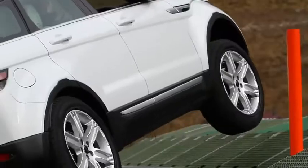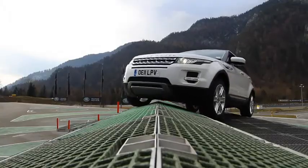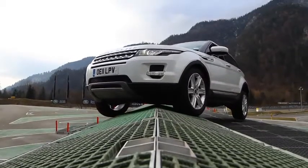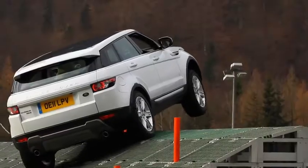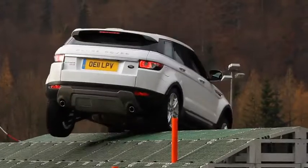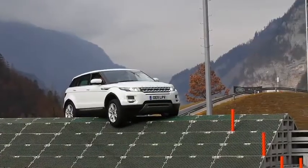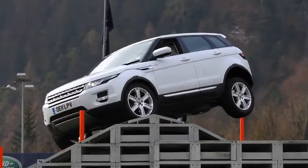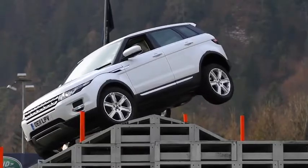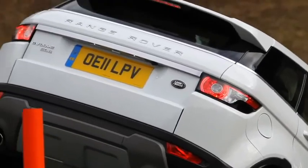So here I'm applying the throttle and my front wheel is actually up in the air. As I progress slowly across, you can see the vehicle's angle. Using the cameras again, slowly applying the throttle. You can feel some slippage there, and it's about keeping a constant throttle to keep the traction control system operating, because it's grabbing the brake each time it senses a wheel spin and transferring the torque down the axle,